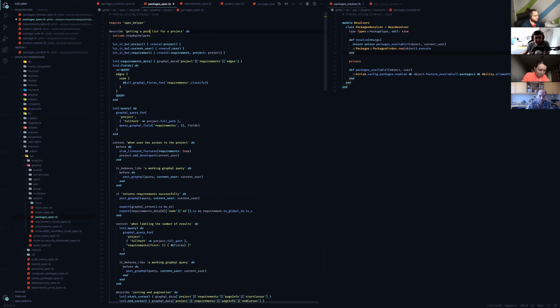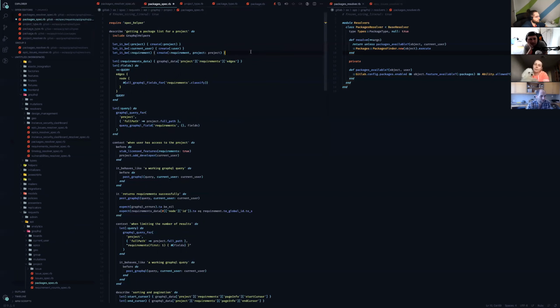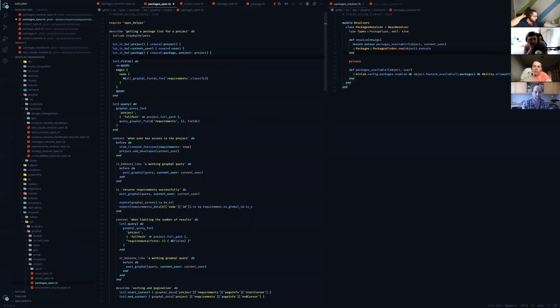Getting a package list for a project. Let it be project, current use, and then we, I guess we can take this, right? Let requirements data, we don't really need to do this. Edges node, GraphQL field for